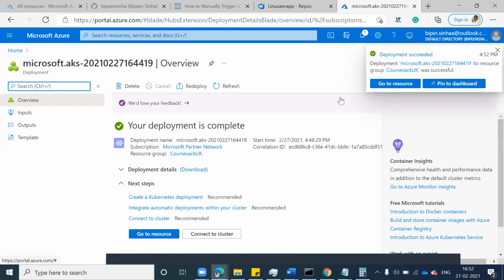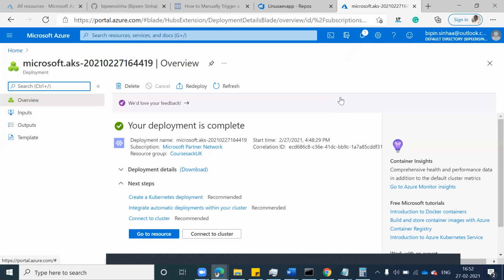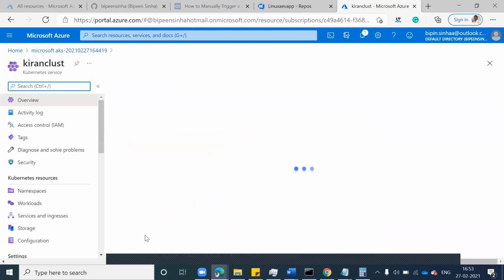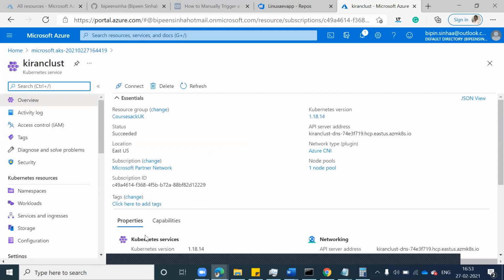All right, go to resource. Now you are in the Kubernetes cluster. Now you can see that you have all the options like workloads on the left side.